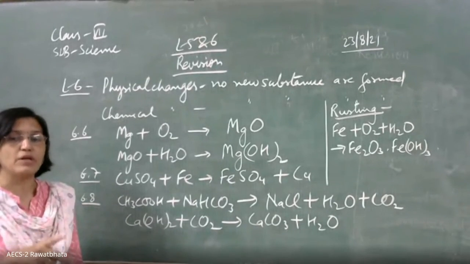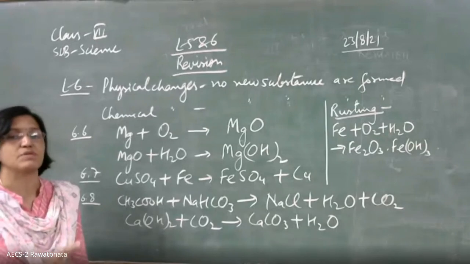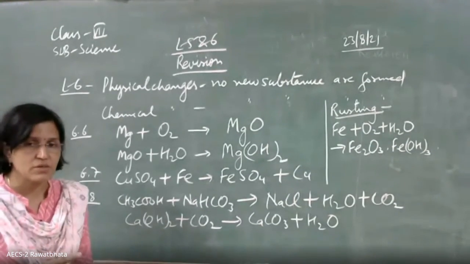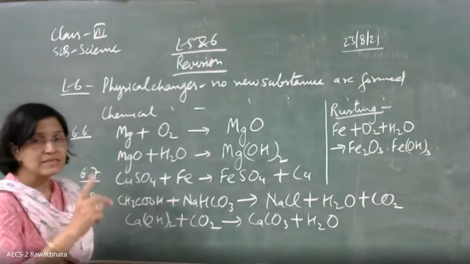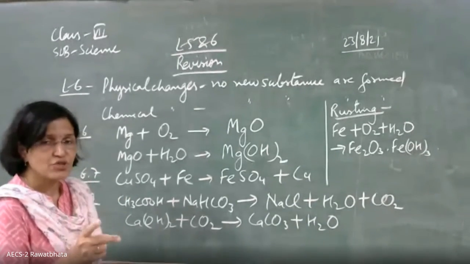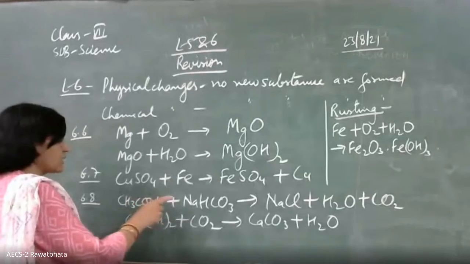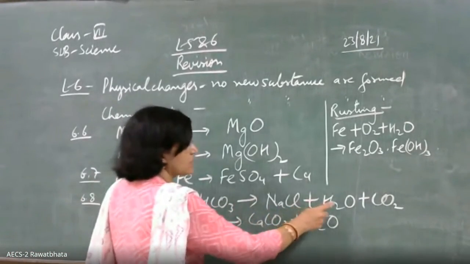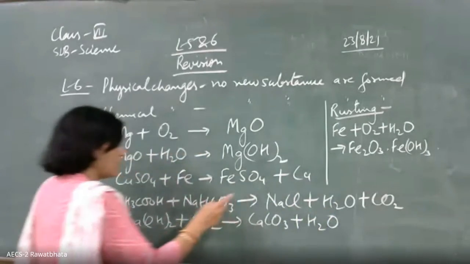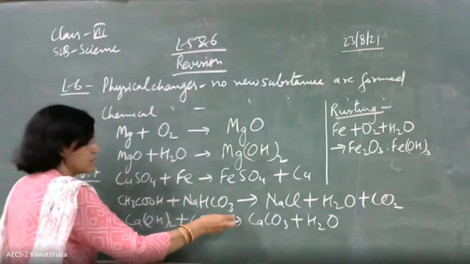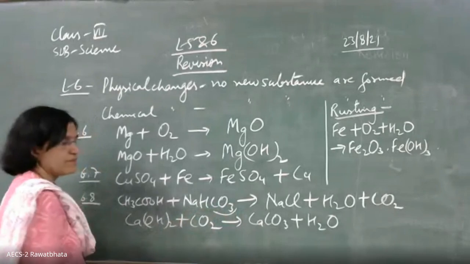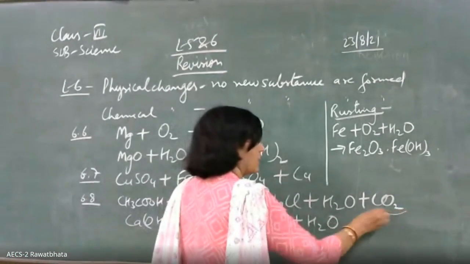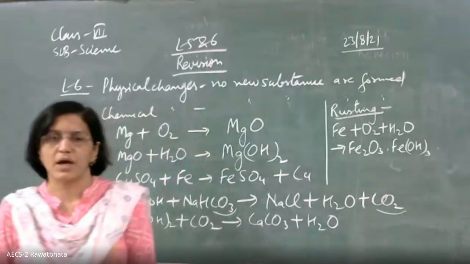Therefore, in their book they have mentioned carbon dioxide and other substances. Carbon dioxide and other substances, of course, as happens in a neutralization reaction, once you react an acid with a base, you are going to get salt plus water. But if your base contains CO2 in it, then the end product will also contain carbon dioxide.